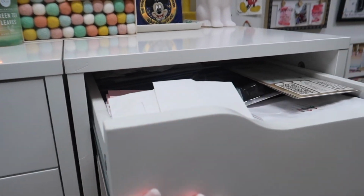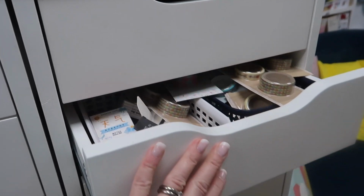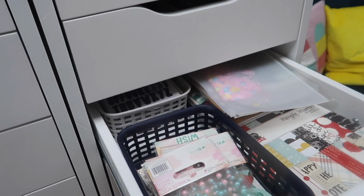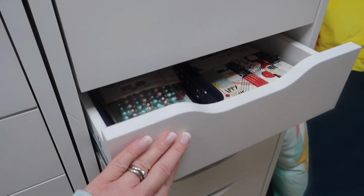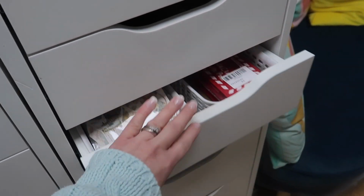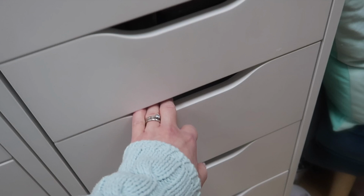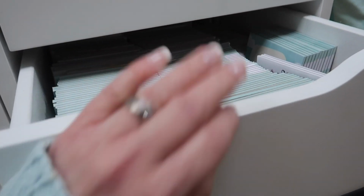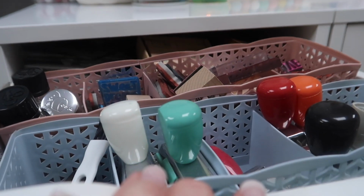So now I keep a lot of stock. I've got stencils that I sell on my site, washi tape, various stickers, traveller's notebooks and bits and pieces. In here are die cuts and other bits from the shop, and then this one is now the cello bags and little notebooks, and all the way down is ribbon. Then up here we've got stamps,